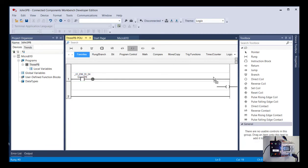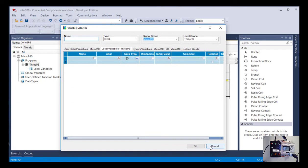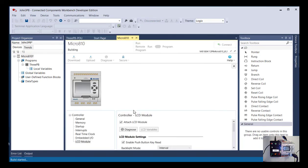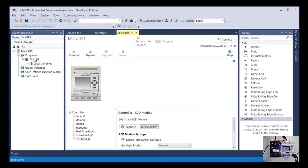Basically, like, let's put in an output, but I'm not going to add an address to it. I'm just going to say cancel as far as selecting a variable. So even before I build, you can see it's trying to give me a heads up. Hey, a little warning triangle down here. But let's say I ignore that and try to build and send that. So it gives me an error saying, oh, no, that's not going to work. I'm expecting an output or something for that. And it tells you where. It says on line 1. So I'll close that, go back to my program,